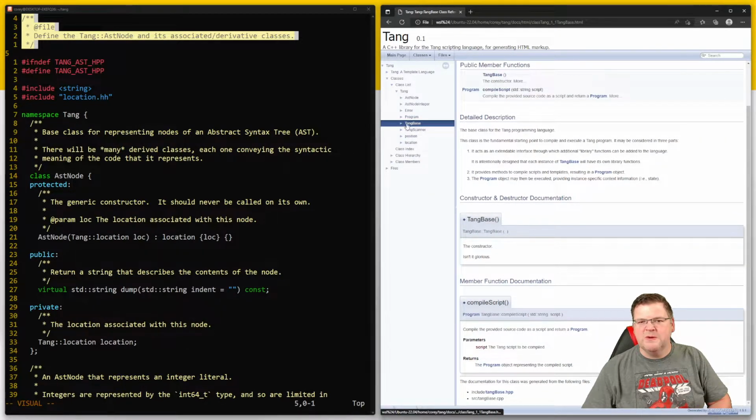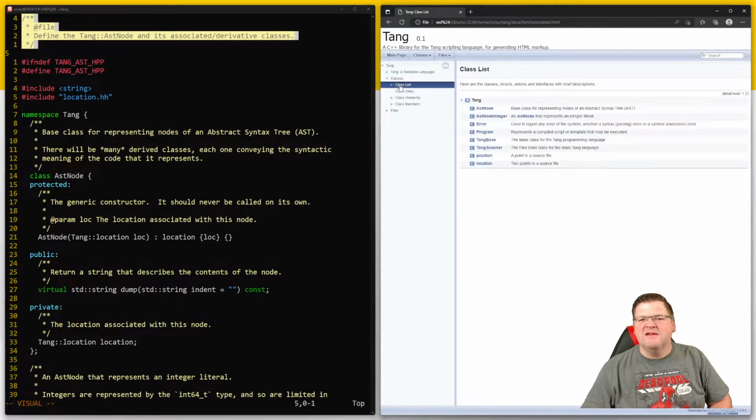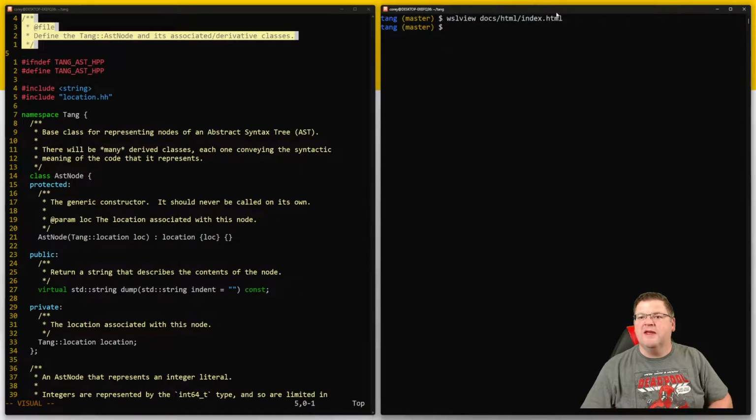No. It's not there. Oh, the cool thing I was going to show you, I'm not seeing it. Well, you know what? I can show you it in one other way, and that is WSL view